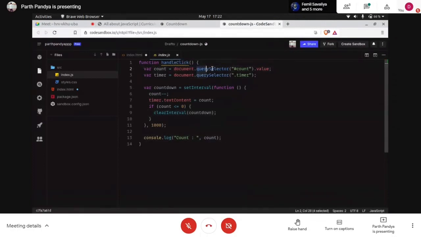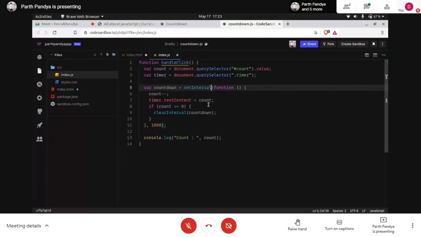So query selector, as we discussed before, it is the same as CSS selectors. We were using CSS selectors to target HTML tags, to target IDs and classes to design upon them. Similarly, we target these IDs and classes to create an instance of those particular HTML elements and manipulate them using the JavaScript file. So inside this handle click, we have defined a function. This is a function inside this set interval.